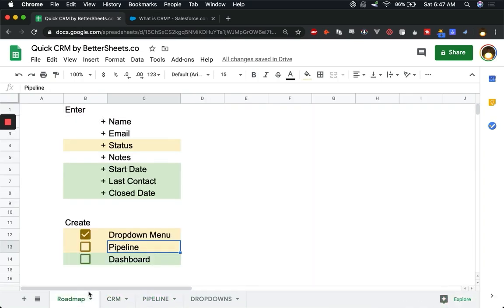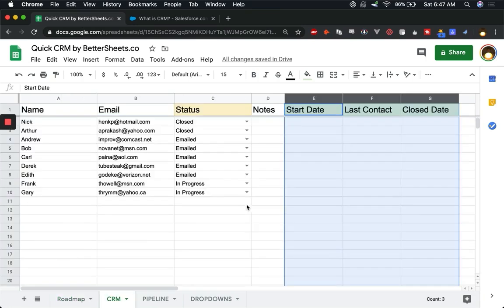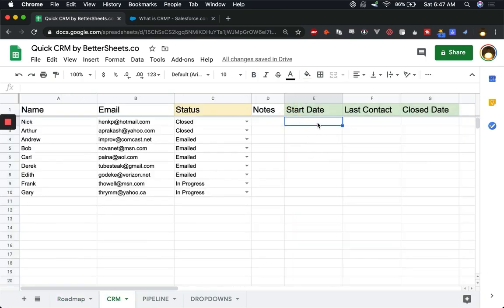So far, we've done a drop-down menu and a pipeline. And I've even shown you a few of the things we're going to put on the dashboard. But let's create a dashboard. But first, I'm going to take a pause and I'm going to add in some date information. That date information is just going to go here. It's literally like